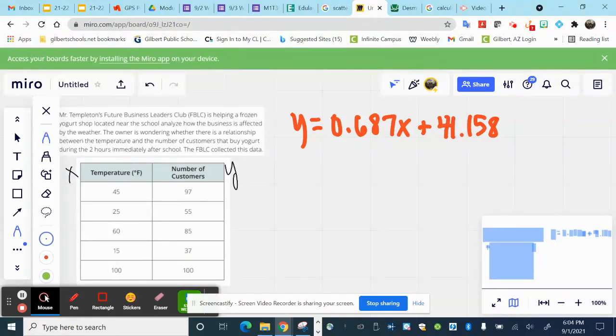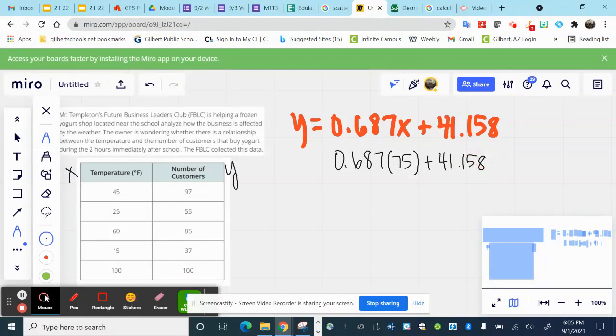So let's say hypothetically that if this were my business, I would want to know how many customers I'm going to get on a 75-degree day. So I'm going to go to my equation here, and for my temperature, I'm going to plug in 75, which will look like this: 0.687 times my 75 degrees plus